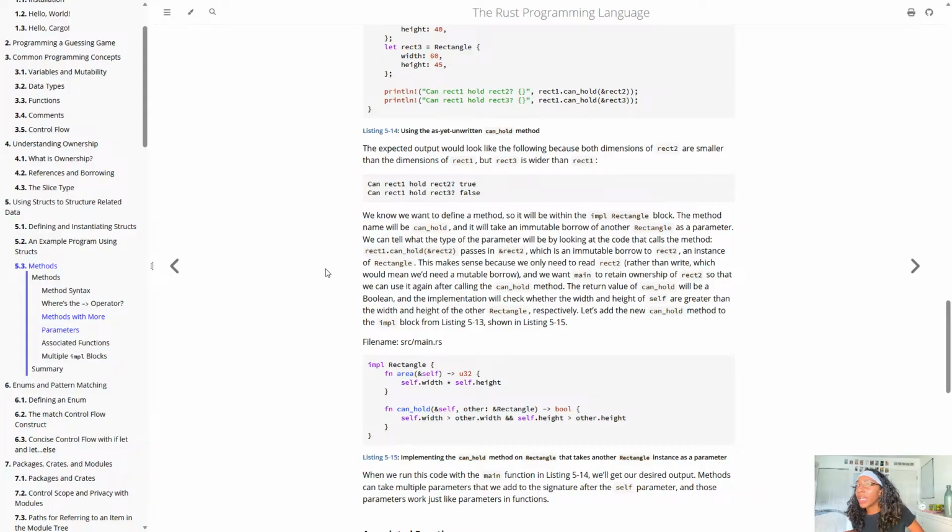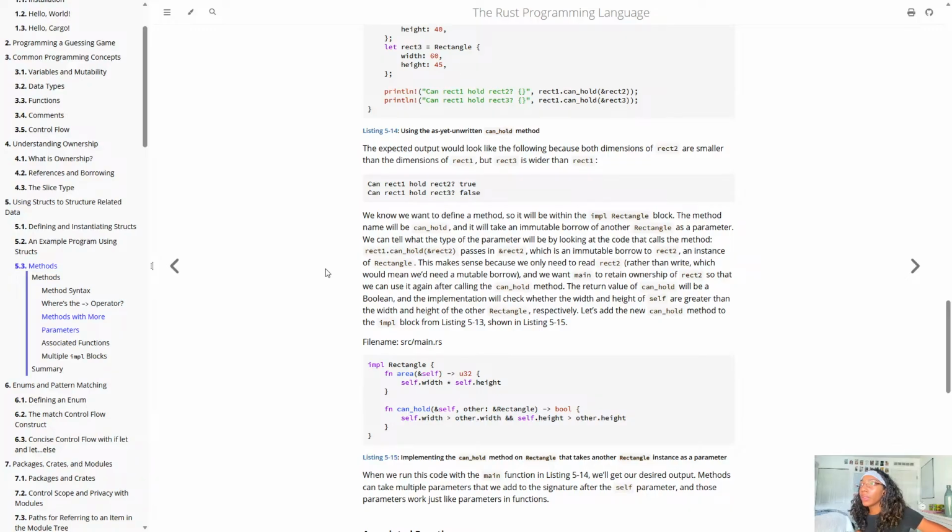This makes sense because we only need to read rect2 rather than write, which would mean we need a mutable borrow. We want main to retain ownership of rect2 so that we can use it again after calling the can hold